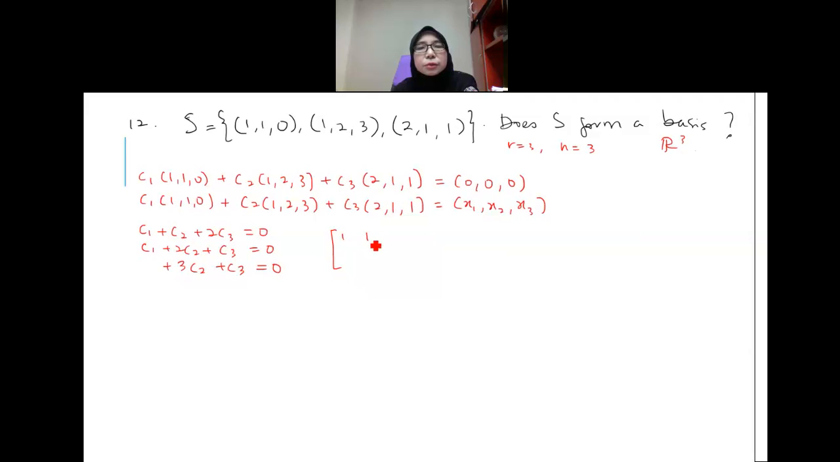1, 1, 2, 1, 2, 1, 0, 3, 1. That is the coefficient matrix. The variable matrix is C1, C2, C3, and the constant matrix is 0, 0, 0. Next, this coefficient matrix is a square matrix, so by using the technique of determinant,